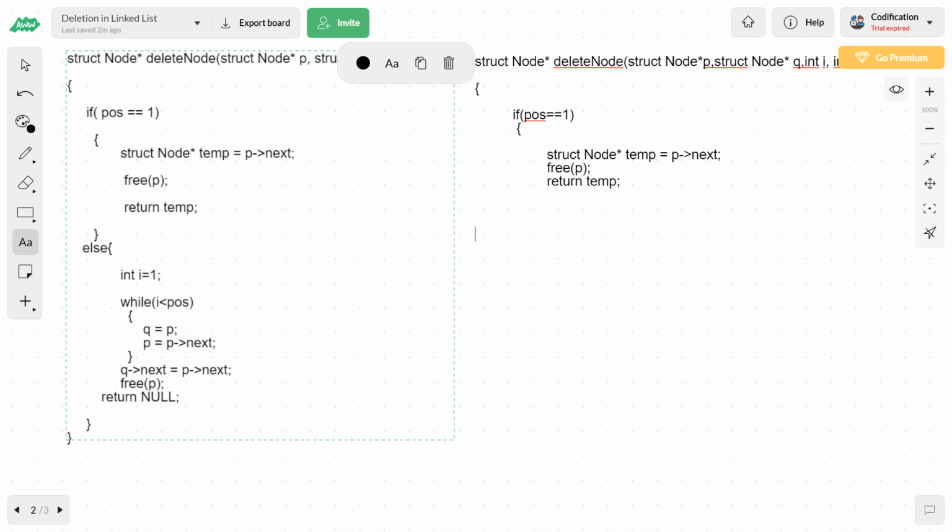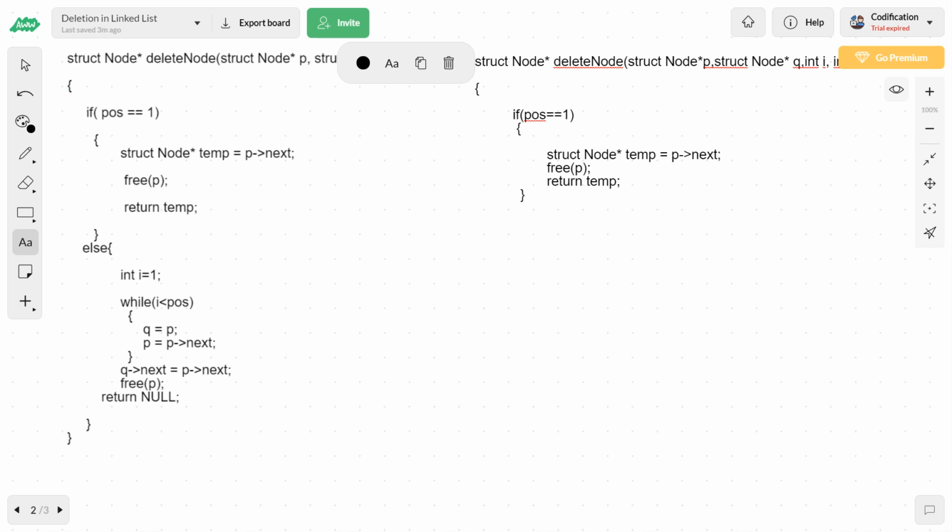Okay, this is one. So this if condition will be stopping the recursion. Is there anything else that we need to stop actually? First of all, when you have to continue the process, when the recursion should take place, it is when i is less than position. You can see in the while loop condition, while i is less than position, only then repetition of the process takes place. Wherever a loop occurs, the alternative is recursion.